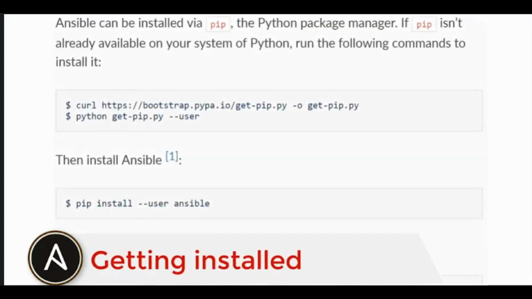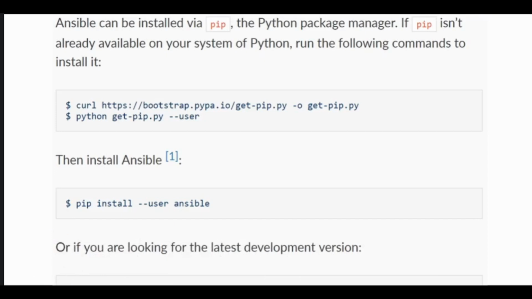Before we start building our local practicing lab with the help of Vagrant, let's take a look at different options of installing Ansible on various operating systems. First of all, the only thing you should know about Ansible is that it is Python dependent. So once Python is installed, the simplest way to get Ansible running is to use pip, a simple package